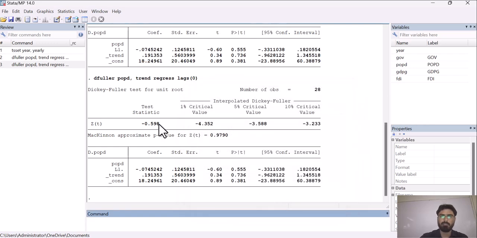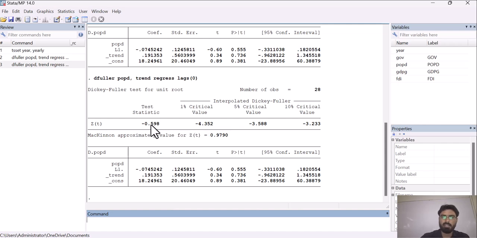So here are the results of the augmented Dickey-Fuller test or the unit root test. What is the guideline? The guideline is that if the test statistic is less than the critical value at 5%, then we have to accept the null hypothesis. And we have to see these values in absolute terms.